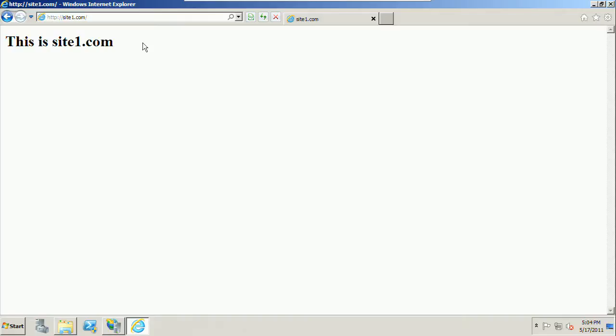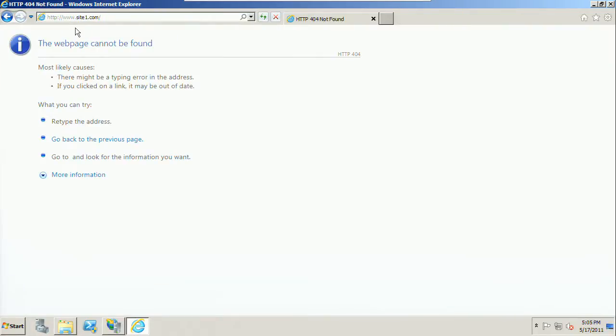Now, how many people here instinctively type www in front of the website they go to no matter what? Right, so it's a fairly small percentage among technical people. How many people's moms type www no matter what? Exactly. So I'm going to type www, as a lot of users do, and we're not going to get